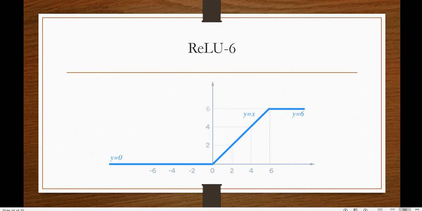Now there is another version of ReLU known as ReLU 6. It is similar to ReLU, the only difference is that after a value of x equal to 6, y becomes constant, meaning y will not increase indefinitely with increasing x. So when x equal to 2, y equal to 2, x equal to 4, y equal to 4, x equal to 6, y equal to 6, but if I put x equal to 8 or x equal to 10, then still y equal to 6. So after some time the line becomes constant, and that is known as ReLU 6.